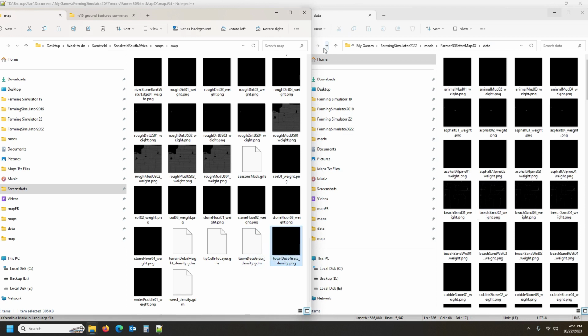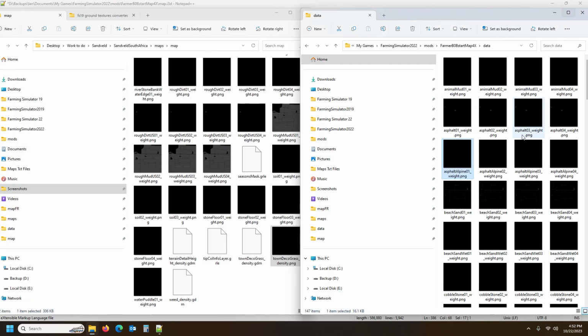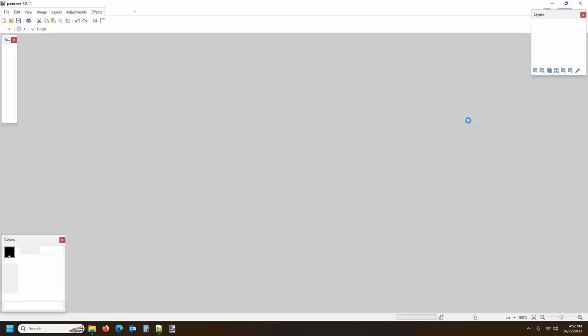Okay, guys. Now that we've run through all our weight files, which means that every weight file that we have here is now there on this new map. But remember, we need to now verify, just check all the empty weights that is here, that we don't have that little dot. You see, this one has got a little dot, so we need to remove that weights with the dots. Because we don't have asphalt alpine here, it's as simple as having a look here, checking, animal mud